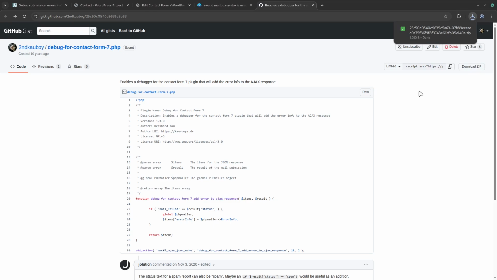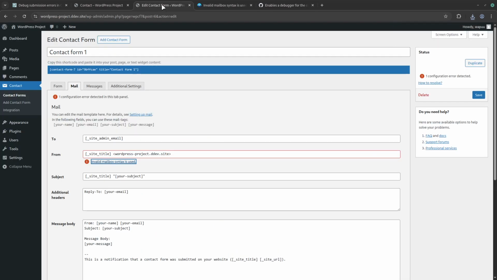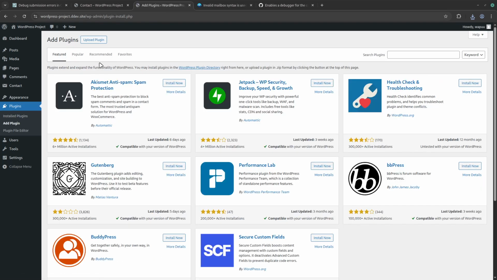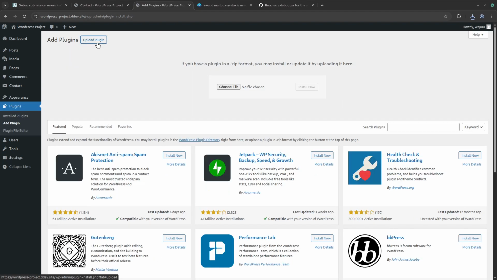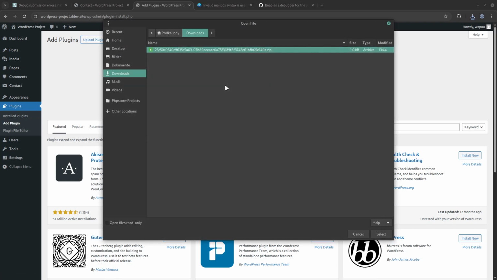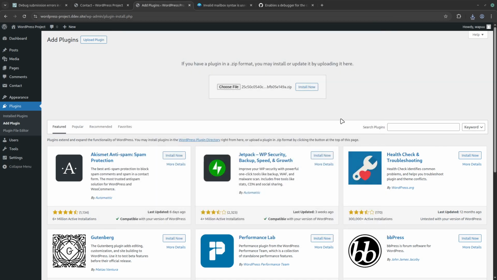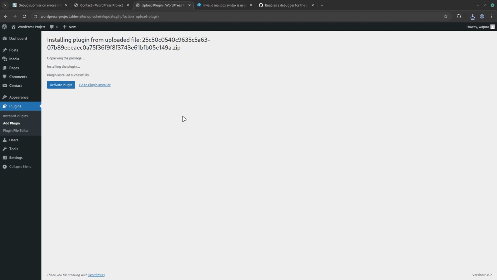After downloading the plugin, you go into your site again, go to plugins, add plugin. Then you click on upload plugin, on choose file. Now we select the previously downloaded zip file. Click install now. And finally, we activate the plugin.